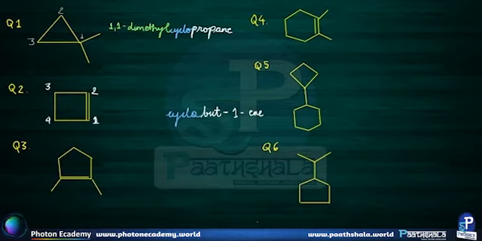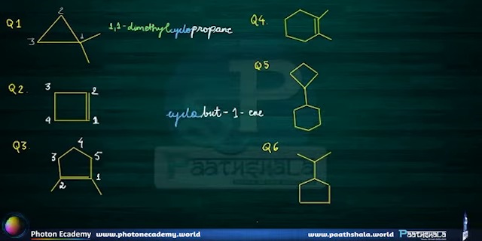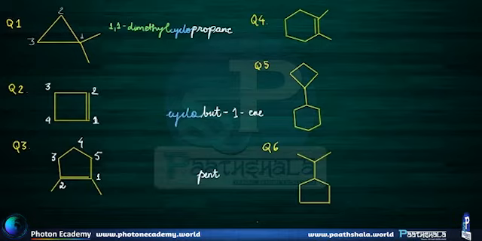In question number 3, numbering will start from this carbon atom because of the lowest locant rule that alkenes should get the smaller locant, and then the second carbon will be this and not this because of the sum rule that the sum of all the locants of the substituents should be minimum. So finally the numbering will be done in the following way: 1, 2, 3, 4 and 5. As there are 5 carbon atoms present in the cyclic ring, the word root will be pent, and as on the first carbon there is an alkene, the primary suffix will be 1-ene.